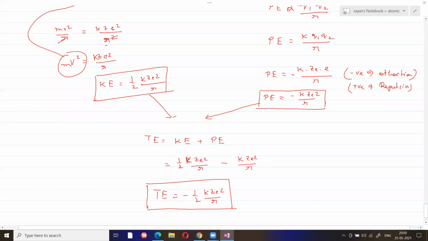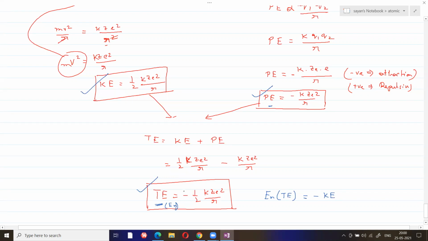Yes, sir. Okay. Now when you compare this one and this one, can I write this potential energy basically from here? This one is the potential energy. This one is the kinetic energy, and this one is the total energy. So total energy I am taking as En. En is considered as the total energy. So En, or total energy, is basically minus of kinetic energy. If you compare these two, only the negative sign is involved.